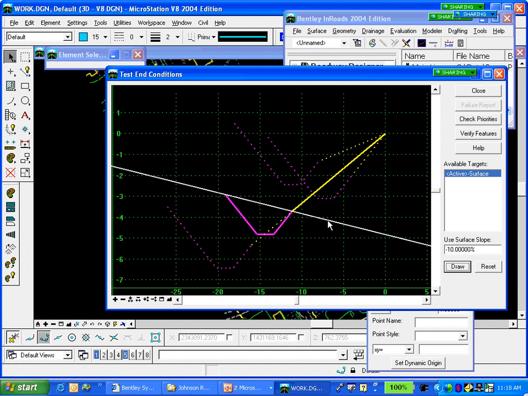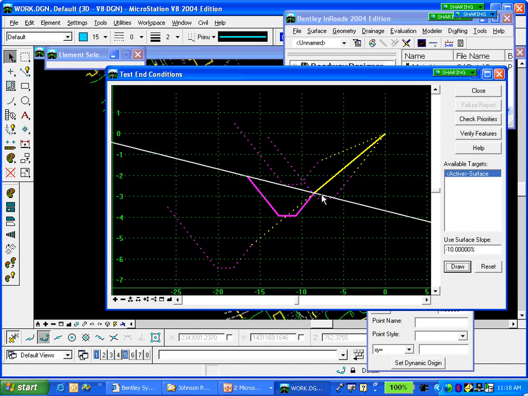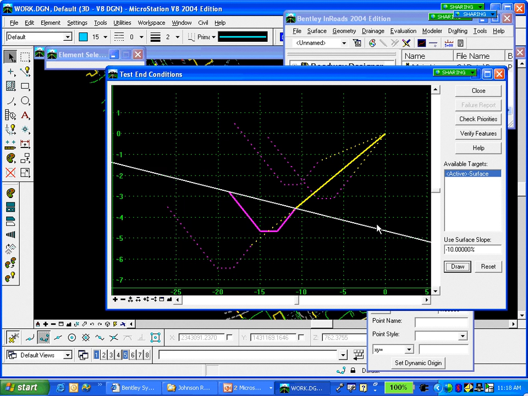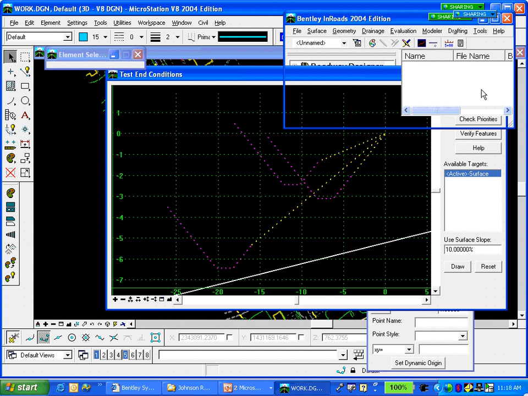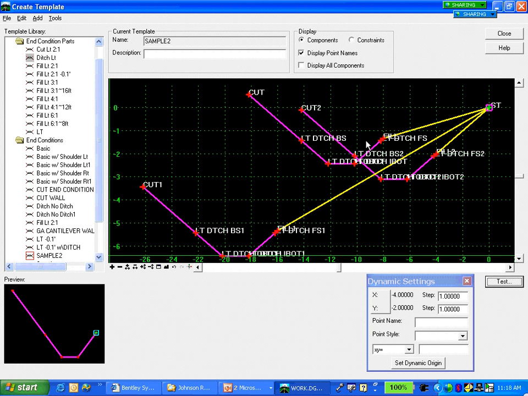So, got to be aware when you're adding these things what's happening there. So again, we'll go back and look at the 10% the other way, and you see nothing happening. So this is easy enough to fix. I've got a situation that works for draining towards my embankment. What I want to do is just come in and add another 3-to-1 slope on there,